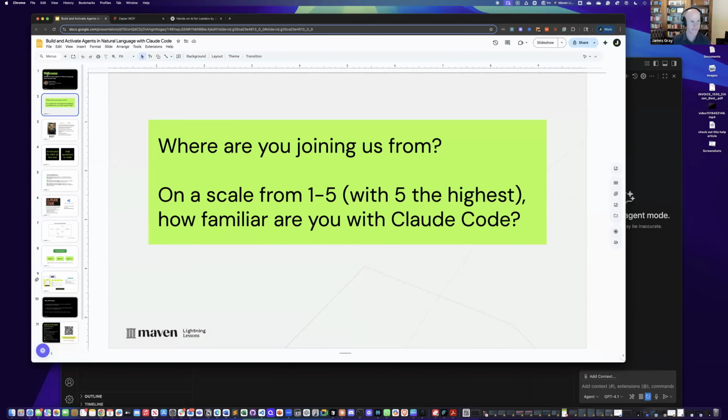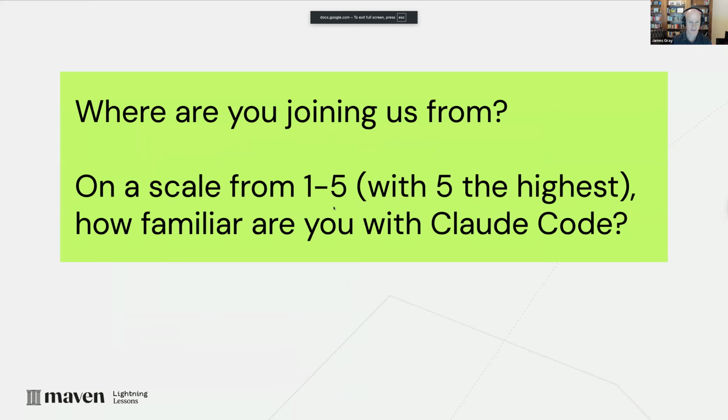And I'm going to go ahead and share my deck. Is one, where are you dialing in from, or where are you calling in from? And then on a scale from 1 to 5, how familiar are you with Claude Code? And my hope is that most of you, can y'all see my screen? Hopefully you can. My hope is that most of you are not familiar with it. Well, it's not my hope, but